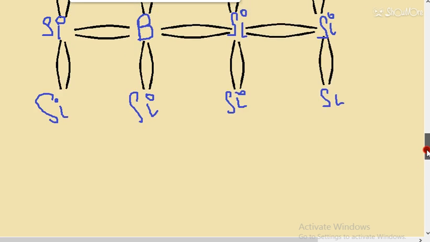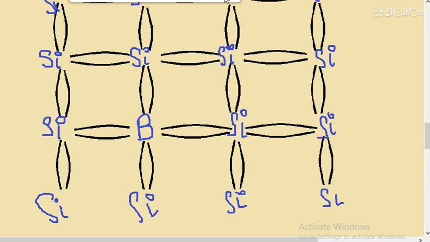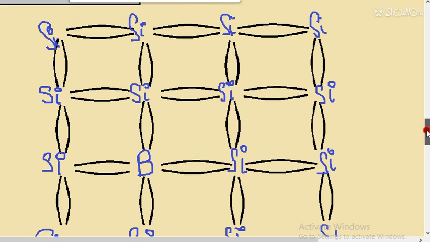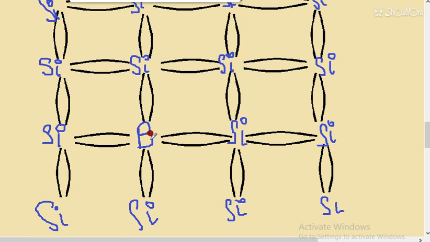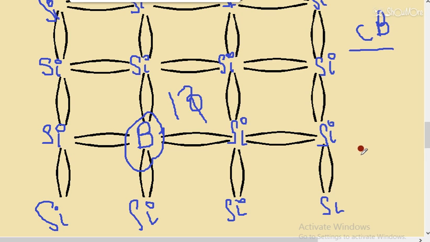Some facts about P type semiconductor: we have to add trivalent impurity, that is group number 13. First we have to draw trivalent impurity, and if this is the conduction band, this is the valence band. Then there exists another level, that is called the acceptor level, and that lies just above the